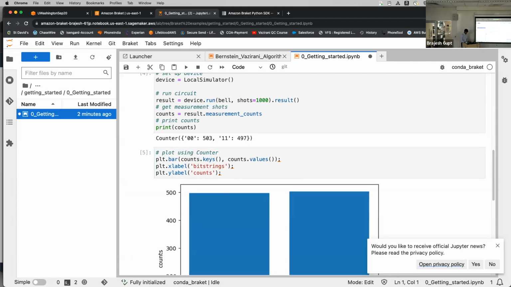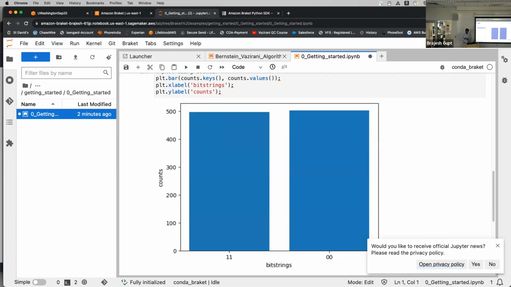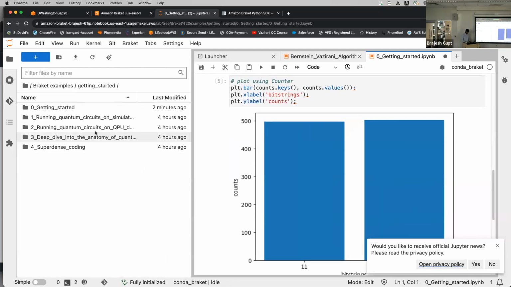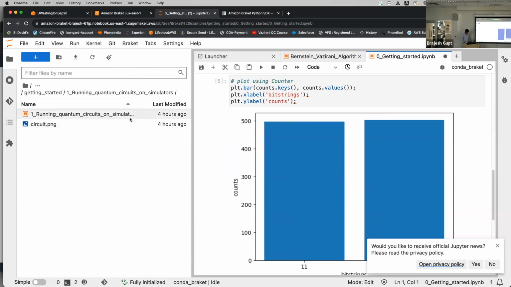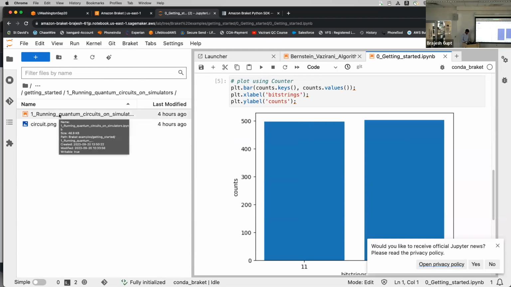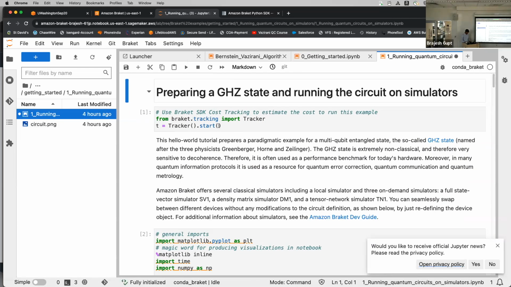Now we can just plot how it looks in a bar graph, and voila. So this is what the result of the Bell circuit is, that we have just simulated using a local simulator. Now let's go one step beyond and run these circuits on simulators, right? So for simulators, if you go to getting started, the folder that starts with 1, running quantum circuits on simulator, click on that. So now we have this notebook up here that we can run,